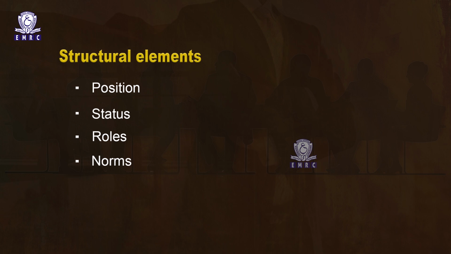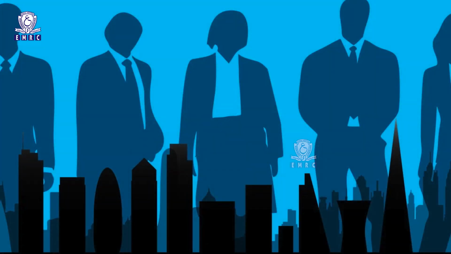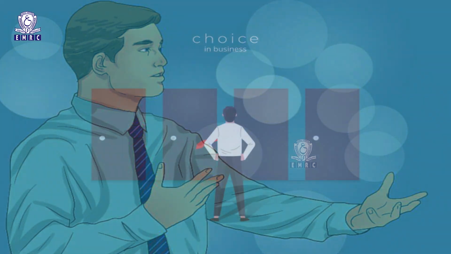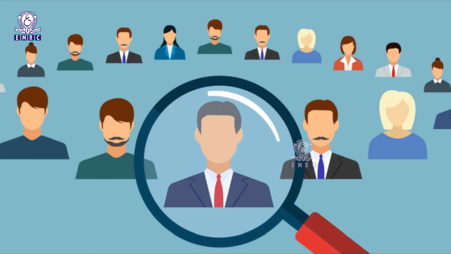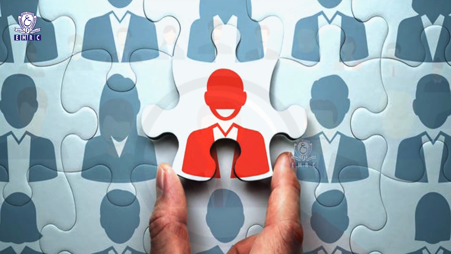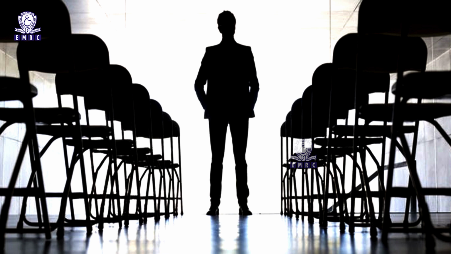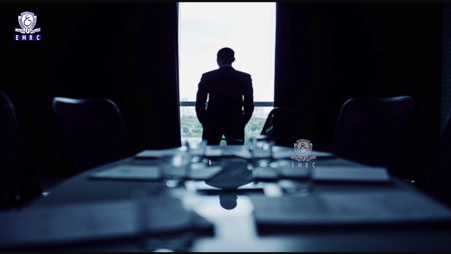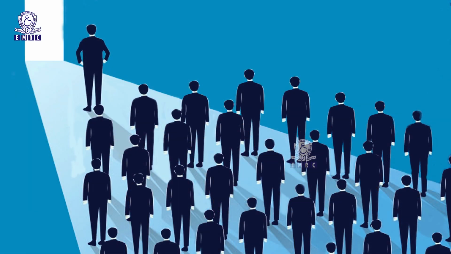So the first one is position, which is the rank a person holds within a group. According to the position of a member in a group, he or she might get status and a role to be followed. So, position is associated with status. Now, coming to the second structural element, status. Status is nothing but the prestige associated with the rank a person is holding in a group. So, the higher the status a member holds, the more he or she will be valued and considered prestigious.